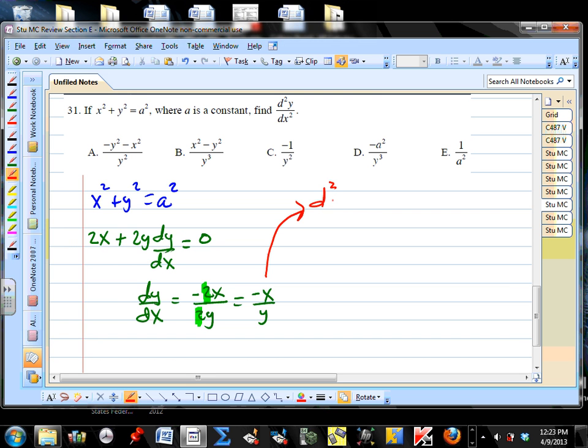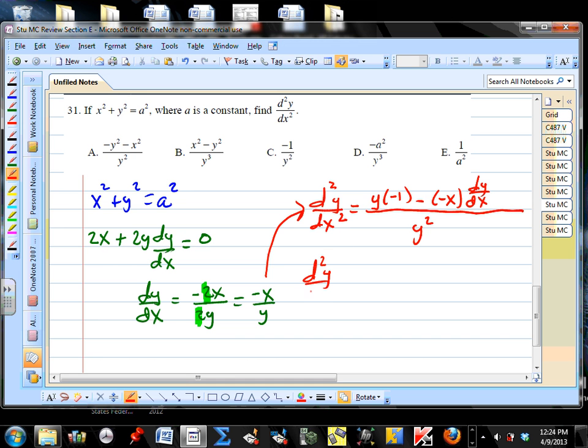the second derivative of y with respect to x requires the use of the chain rule. Not chain rule, I'm sorry, quotient rule. I misspoke. So we're going to go low d high, minus high d low, all over low squared, and go. So let's clean this up a little bit, and we're going to get